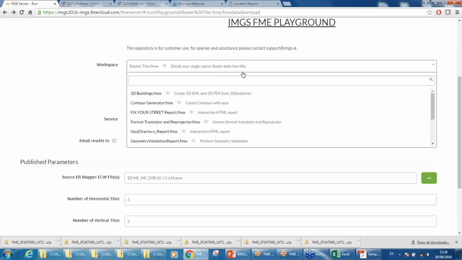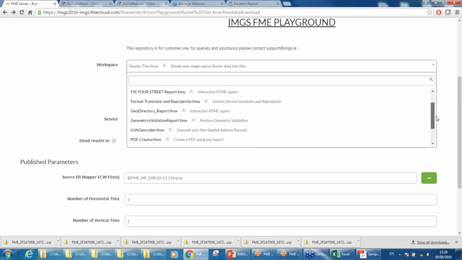So there really is a lot of different things in here. I'm not going to go through all of them, but the 3D buildings, so generating 3D output, the contour generator might be a good one to use for your LiDAR data. A lot of people actually ask me about contours and how they can create them in FME, so that workspace will do that for you, as well as the one I quite like, might be worth looking at, is the